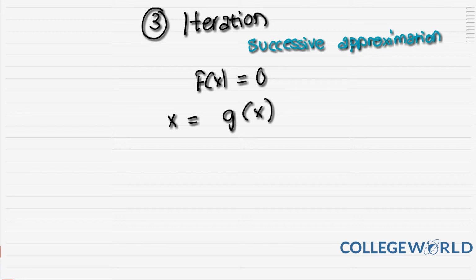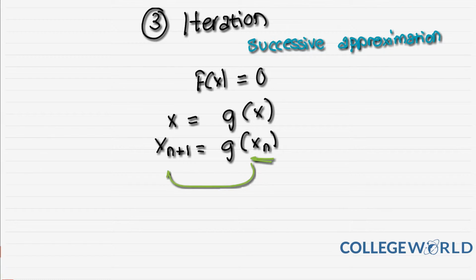And why is that? Because it's going to give you xn plus 1 equals g of xn. In other words, one value of x is going to build on to give you another value of x that is greater than it by 1. So how you get it is, okay, this might sound weird, but let's just take an example